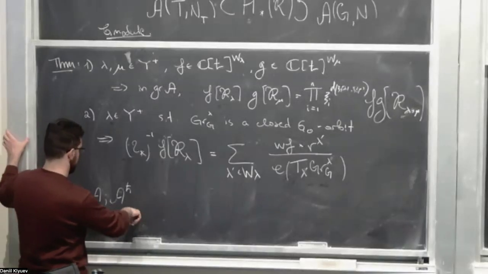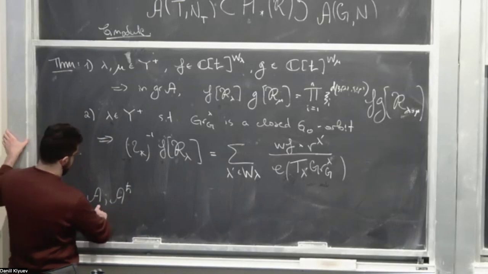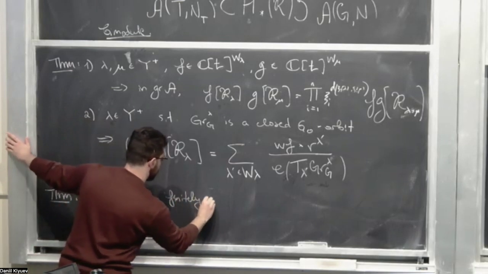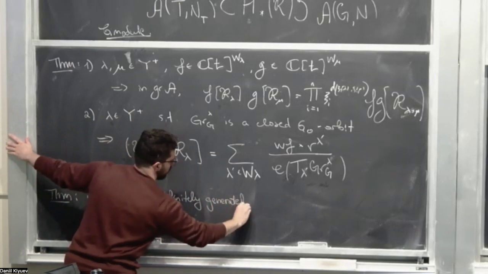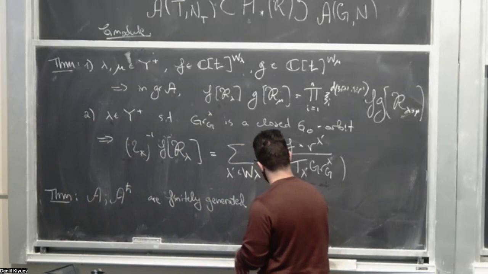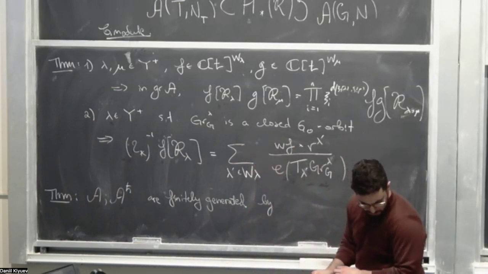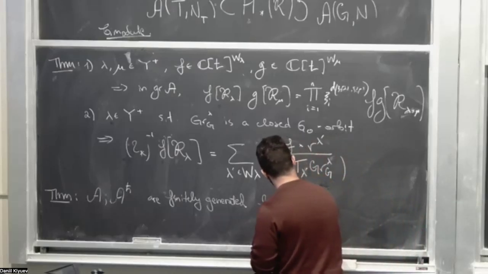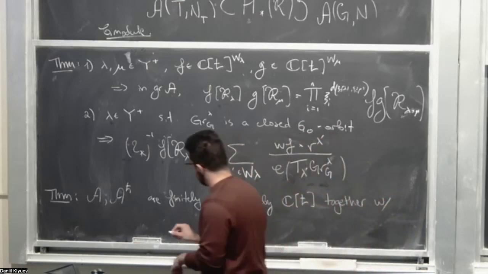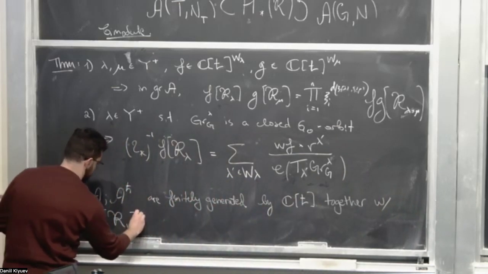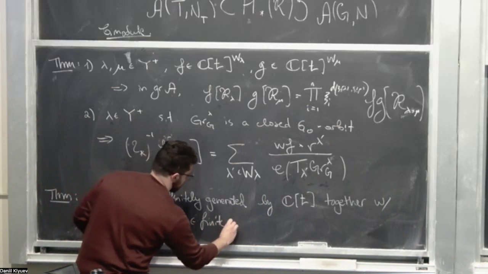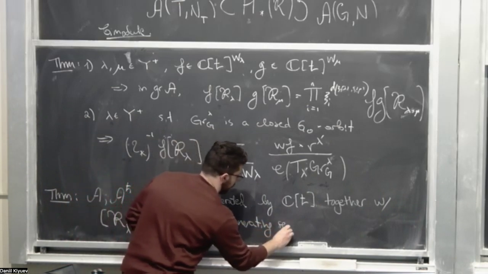I would have said more if there was time, but I'm just going to give this as the statement. The Coulomb branch algebra and the non-commutative one are both finitely generated, by dt together with a finite set of R lambdas for lambda in a finite generating set of